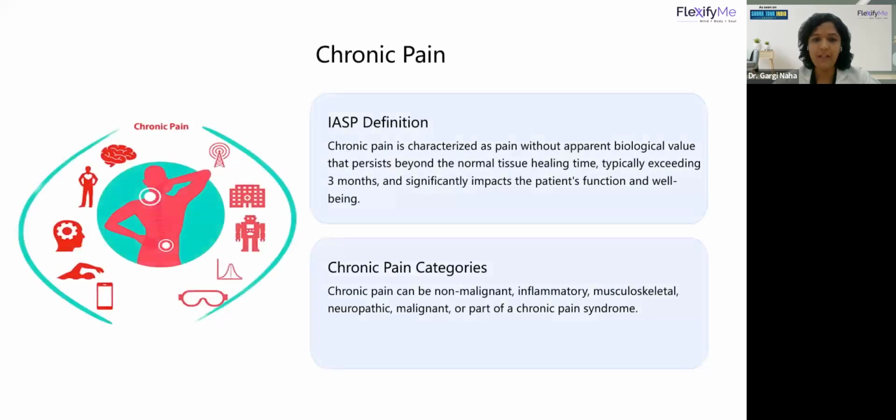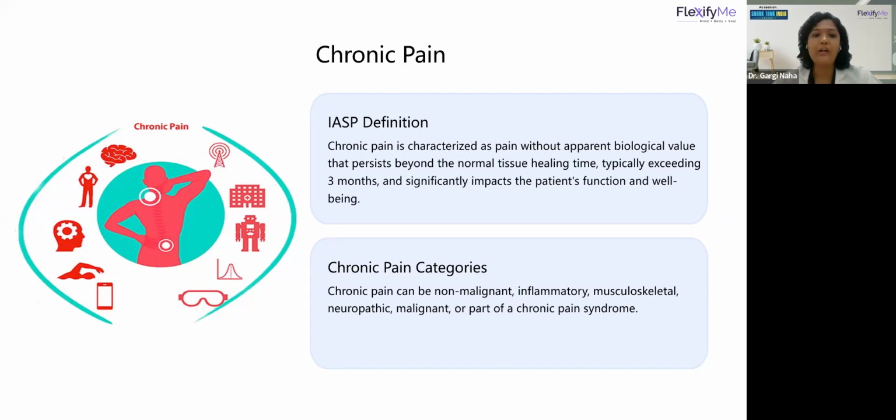Now when we understand what is a chronic pain, so pain can be subdivided into 3 categories based on its duration: acute pain, subacute pain, and chronic pain, right? Acute pain is somewhere which lasts between 2 to 3 weeks of time, that we call as acute pain. Subacute pain time duration is somewhere close to 2 to 2.5 months, right? Chronic pain is a pain which lasts more than 3 months. So कोई भी healing के लिए एक certain amount of duration of time रहता है body के पास. अगर that exceeds that time, so if it exceeds this healing time, more than 3 months,